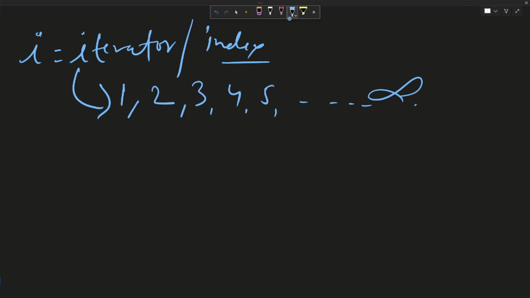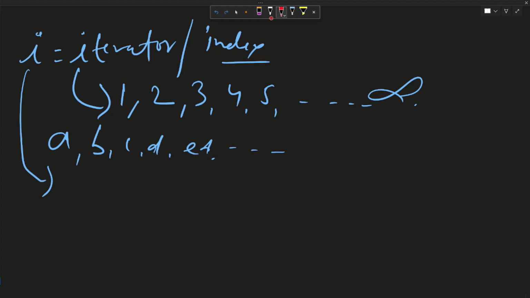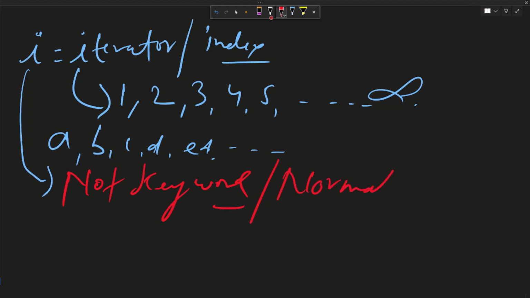Instead of i, you can use any variable over here like a, b, c, d, e, f and so on, right? But i is a convention and many developers or programmers generally use i inside a loop. But one thing keep in your mind, that i is not a keyword. It's just a normal variable,